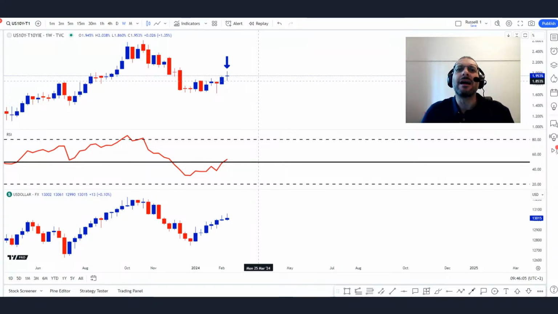But having said that, the rates are getting pushed back. So we're getting pushed back from March to May. Now May is very much